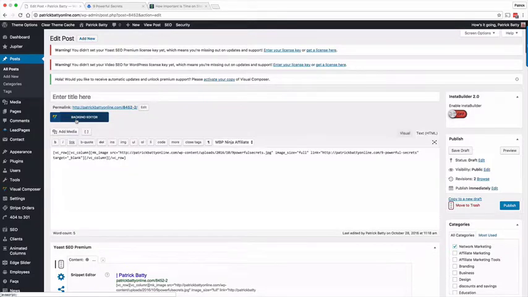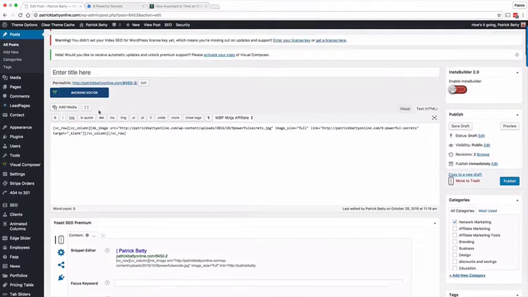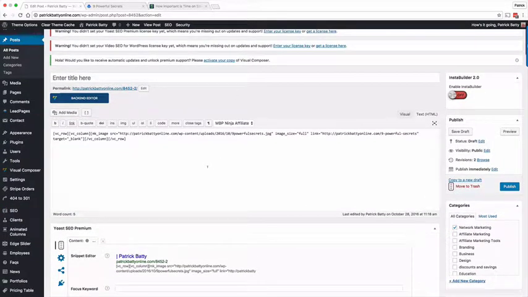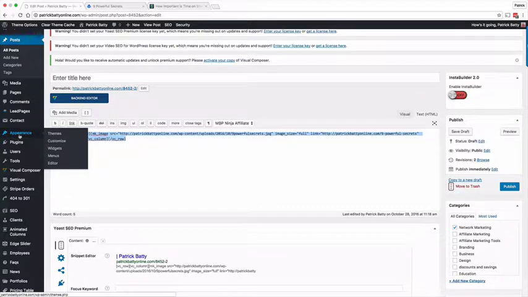If I go to my classic mode, this is kind of what your post would look like if you were editing in classic mode. You go to your text area here where you get your text copy of your HTML text. And that's what it looks like. Well, this is with short codes. It's not quite standard HTML, but all you do is you copy that, and then you go into a widget wherever you're putting your